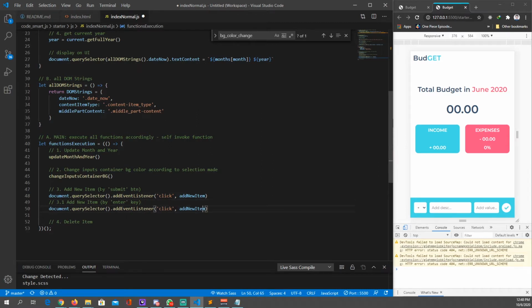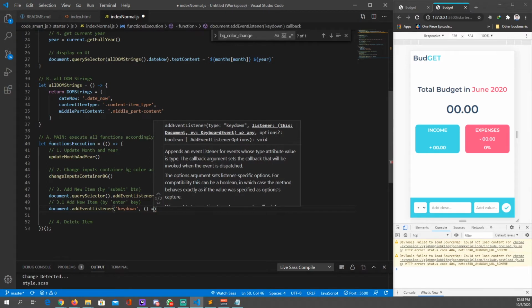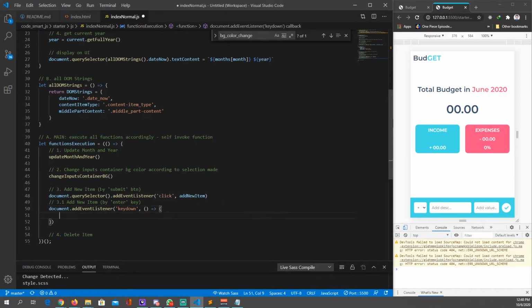We're gonna do the same in here, but instead of selecting with query selector, this one we don't have to. Just document dot event listener listening to key down, where over here we're gonna call a callback function